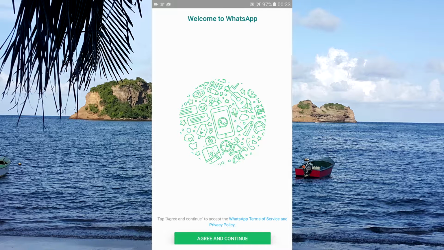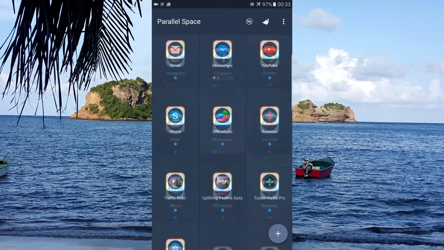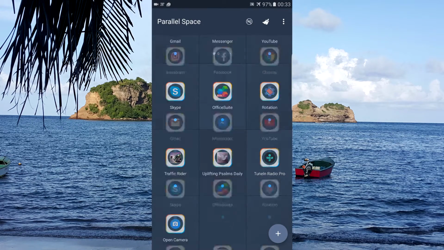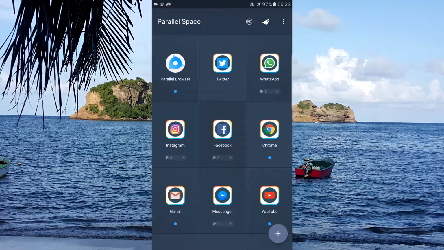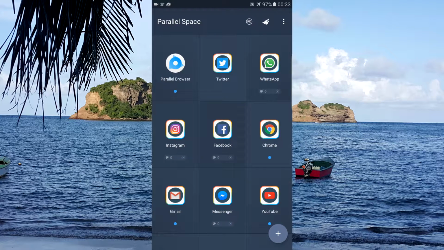You have WhatsApp. Okay, and you can do this for all the apps that you want to use inside there. You even have a browser inside there you can use. You can put your Instagram account, you can put your Gmail. As I said, you can do anything you want inside this app. As a matter of fact, as I speak to you, as I'm making this video right now, just about 5 minutes ago,